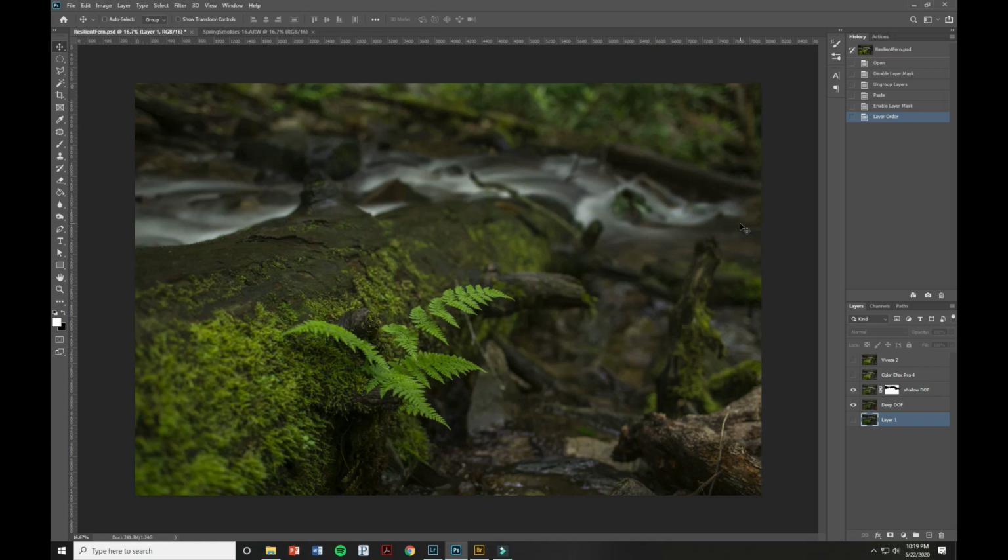If you find that you had some leaf movement in the leaves that are on the other side of the creek, or maybe the near side of the creek, that are distracting, and you want to try to blend that back in to keep from having a little bit of movement in the leaves, then if you have the whole wide range of exposures from short to long, you can easily blend those back